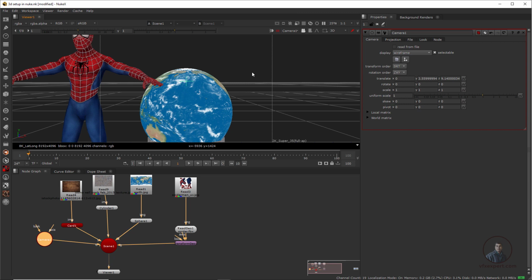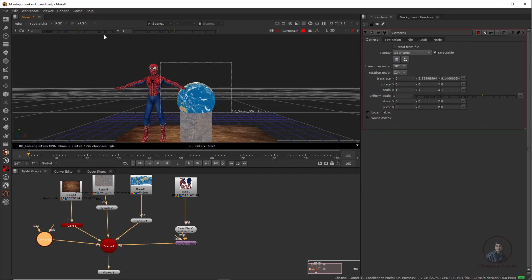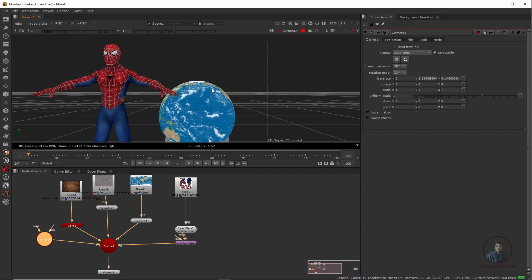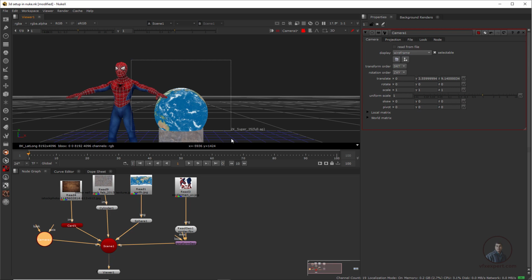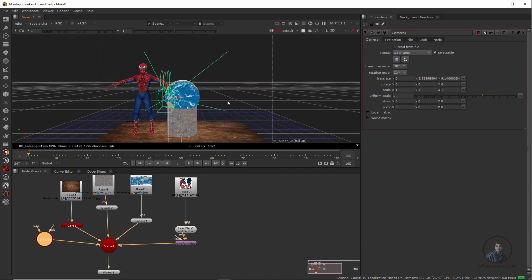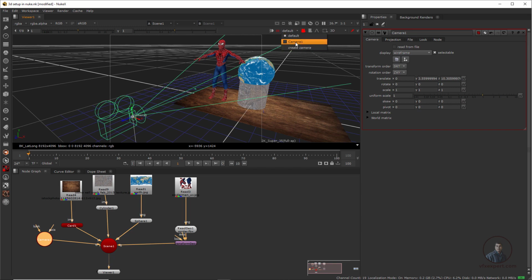Now suppose you want to see the output from this camera, then simply lock your camera, this one. As you lock this camera, we are getting this output from Camera1. Now if you scroll the middle mouse button, it will zoom in and zoom out, scrolling your entire viewer. It's not adjusting the camera or your perspective view here. Lock means we are looking through the camera and just zooming in and out of this viewer. If you want to adjust your camera, first you have to unlock this one, go to the default camera, then you can adjust your camera, and again lock it and select your camera here.